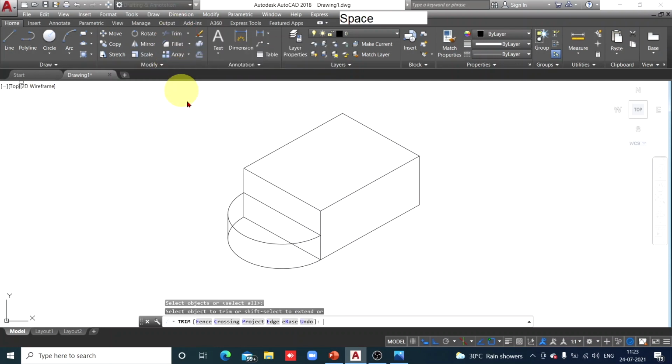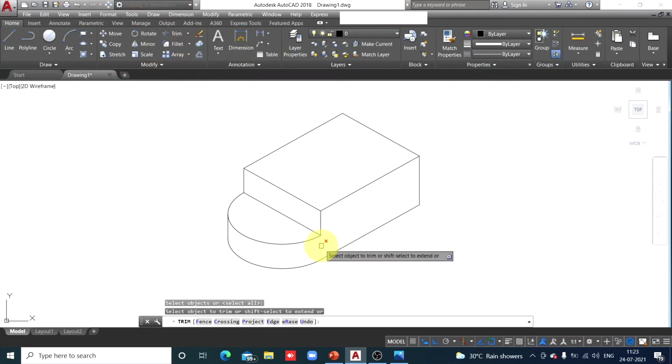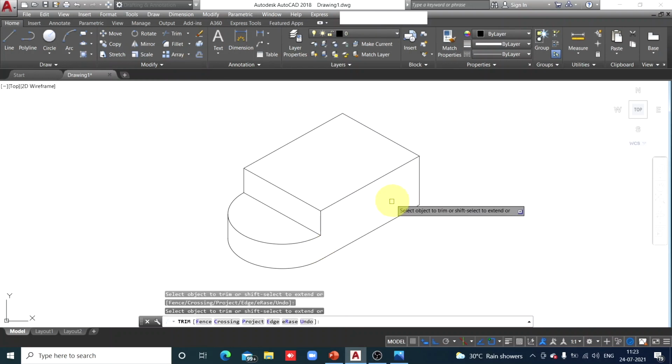So trim, enter. Now watch here. And now select it and erase. Also one more thing, this portion to be erased. So trim, enter, and I've erased it. Now why have we erased this line? That is because this rectangular surface of the block and this semi-cylindrical surface meet here tangentially. Check here, there is no sharp corner here.